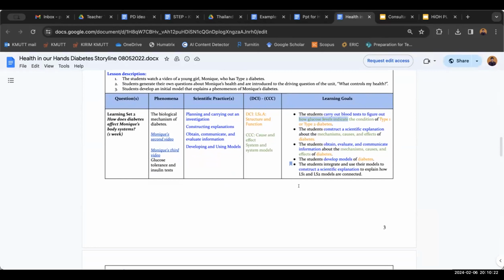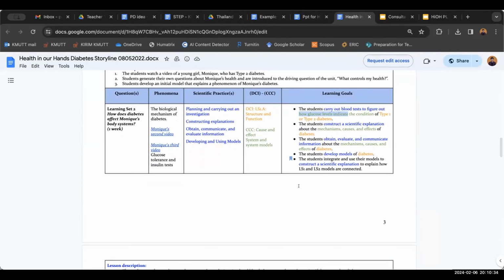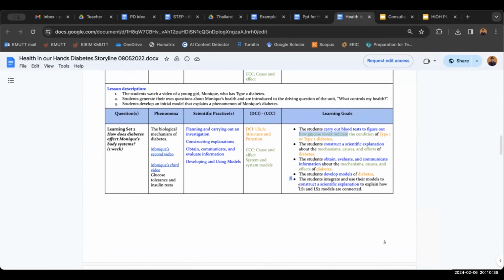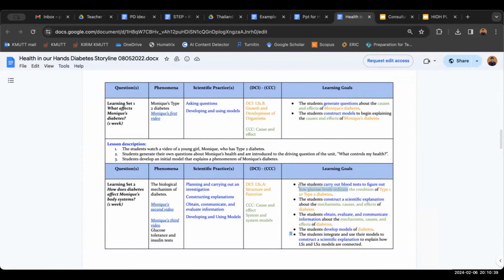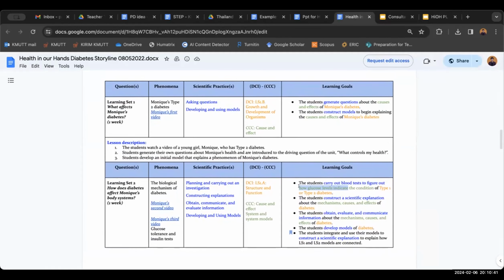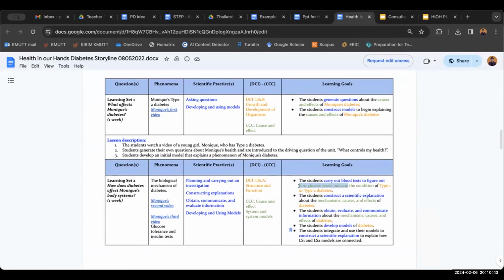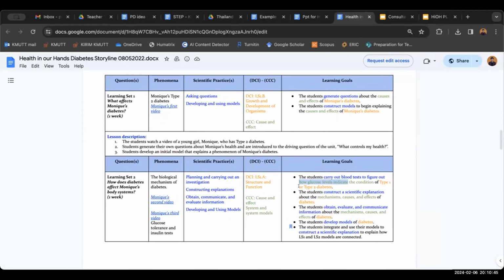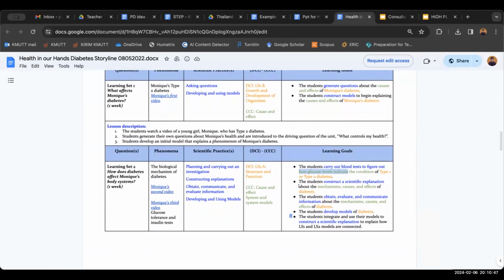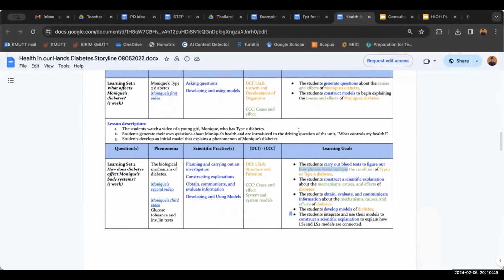Right, they carry out blood tests to figure out how glucose levels indicate the condition of type 1 or type 2 diabetes. So that's the only, let's say, kind of formal lab, but students are doing other things to figure out the different pieces. But I will say, one thing that you have on your plan that I think is important is